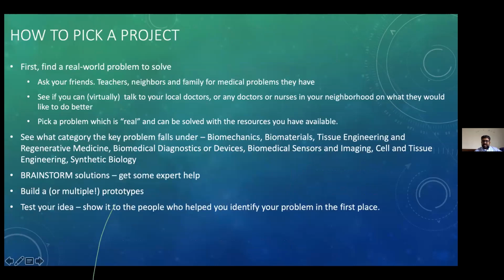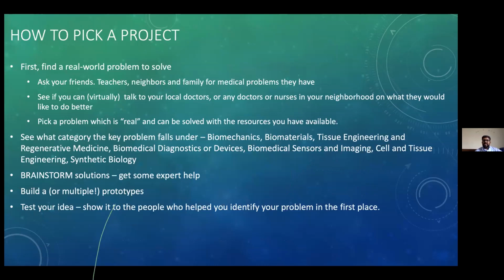All right, so I'm going to spend just a couple of minutes here trying to talk about how to pick a project. Now, obviously, the field is very vast, like I talked about. There are literally hundreds or thousands of problems that you can solve. So how do you do this, right? So the first thing to do is pick a good problem. And how do you go about picking a problem? You go about picking a problem by reading a lot of what people are finding hard to do.